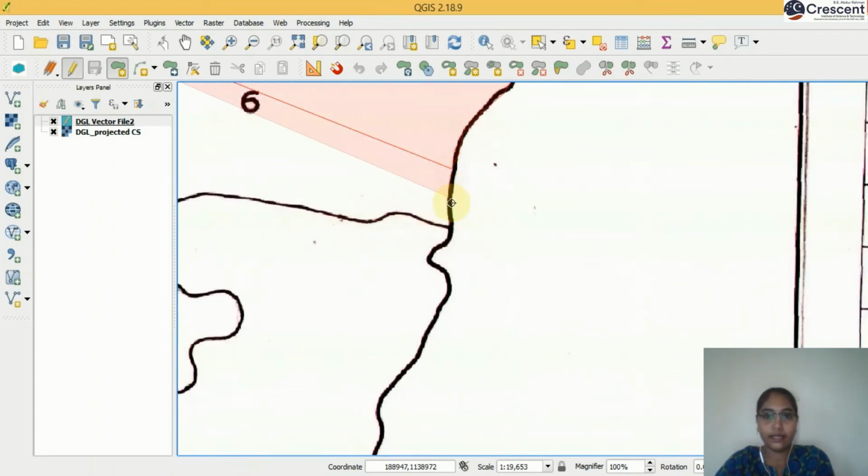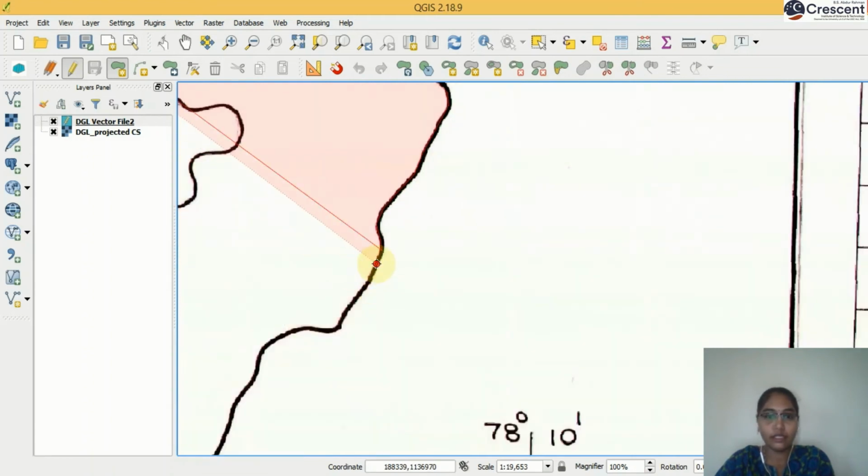Left button click. To end your polygon, you have to use right click. If you are facing so many smooth curves or bends, you have to use small vertices in between the points.